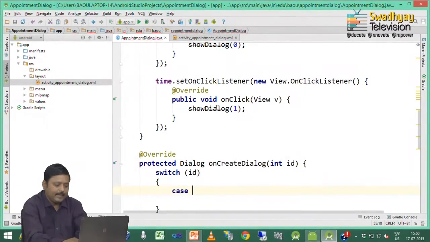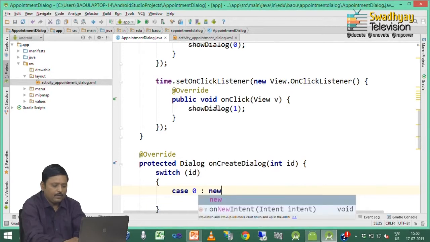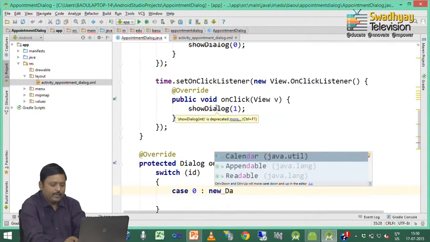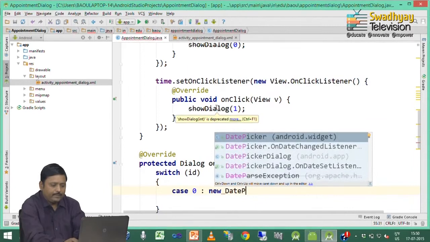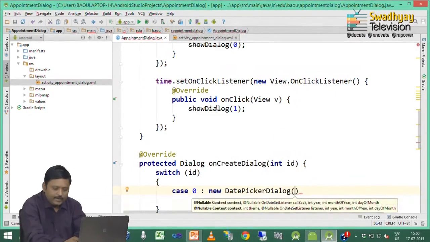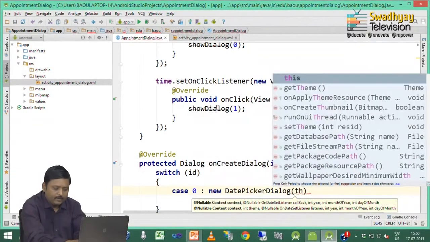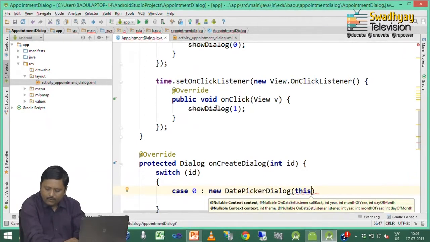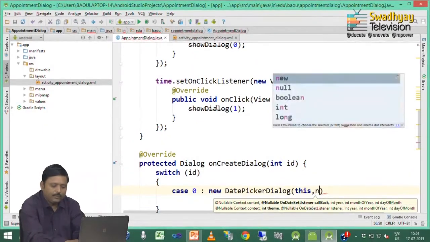and inside case 0 I write down code for creating the date picker dialog. So, here I write down date picker dialog and inside this we have to provide 5 arguments. The first is a context, the second is an on date set listener that we are going to create later on.